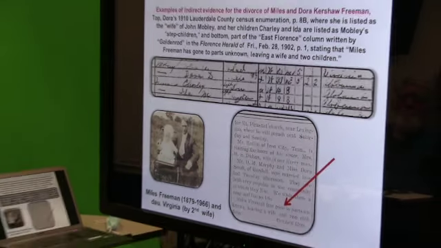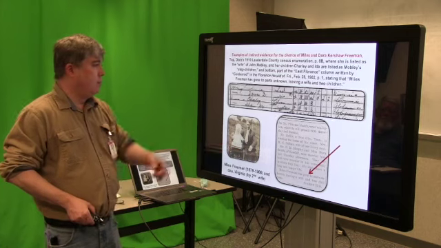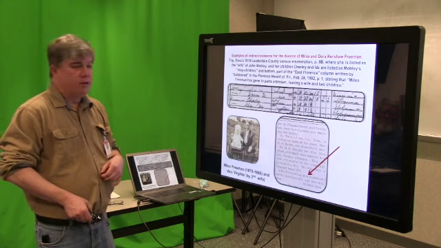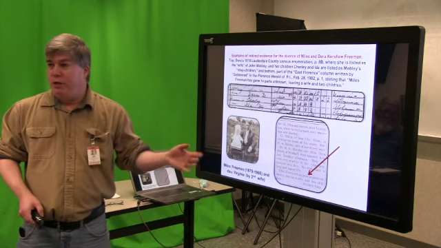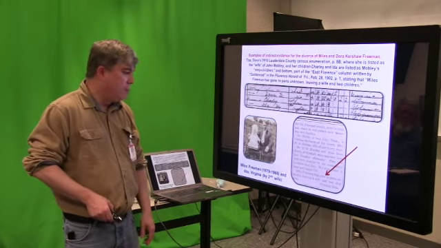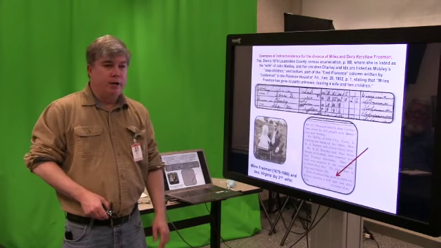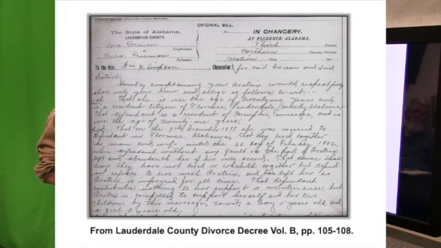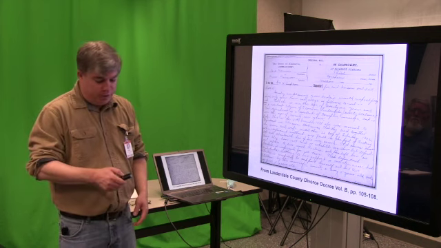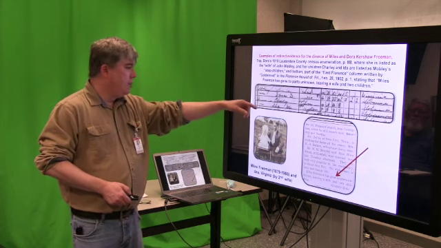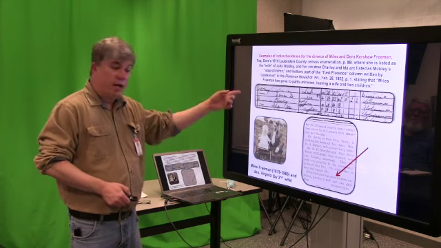I bet they separated. And then I found this notice from the Florence Herald from Friday, 28, 1902, where the East Florence correspondent, who signed herself Goldenrod, that wrote the news and gossip from East Florence, wrote, quote, Miles Freeman has gone to parts unknown, leaving a wife and 2 children. So that pretty much cinched in my mind that they had gotten a divorce. Well, when I found the divorce decree from the Lauderdale County Circuit Court, there was no question. But you see how I put those different elements together to conclude why these 2 kids were living with the wrong father, right mother?